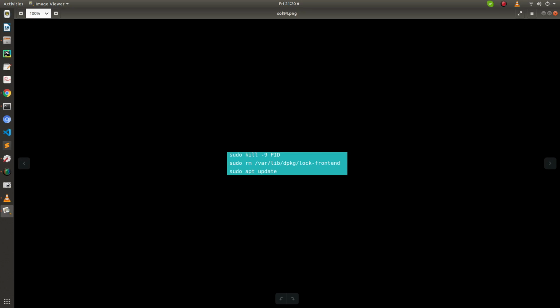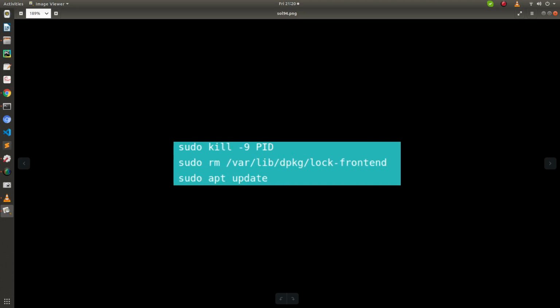How you'll be killing it: you just write sudo kill, then pass the parameter 9, then write the PID here, and after that copy and paste this particular line here, and run sudo update, press enter, then it will update itself and it will be over.